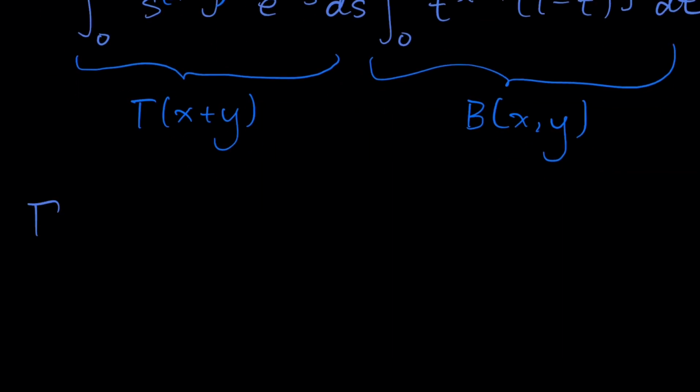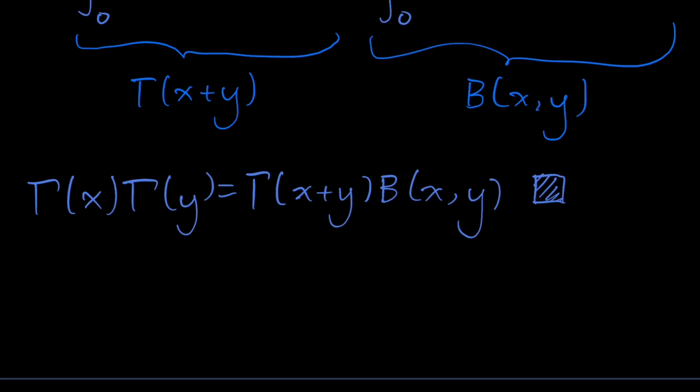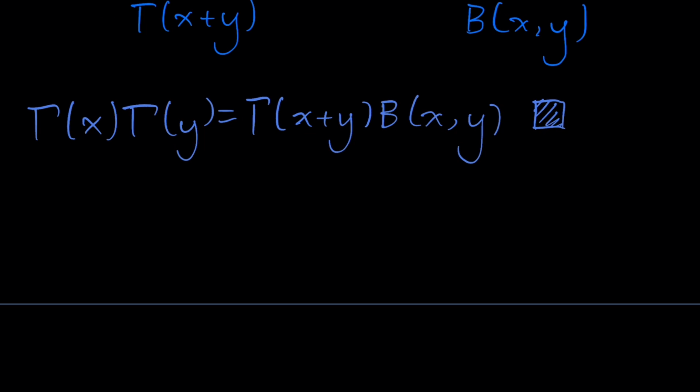This means that gamma of x times gamma of y is, oh my god, this is beautiful, equal to gamma of x plus y and beta of x and y, hence deriving our special relationship between the beta function and the gamma function. Beautiful. And we have QED'd this particular proof. And just please remember this, because it just shows how a simple definition could lead to unexpected sub-definitions and sub-relationships